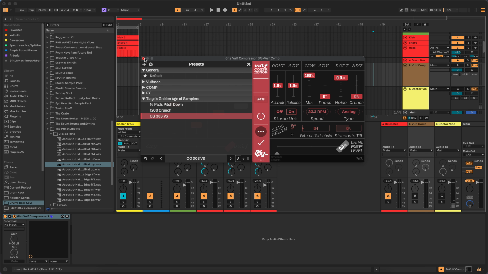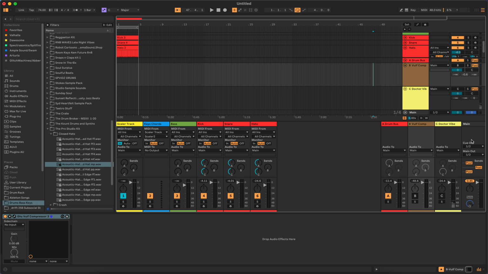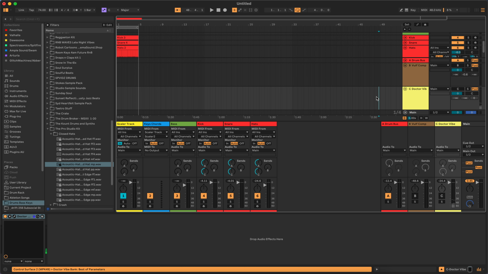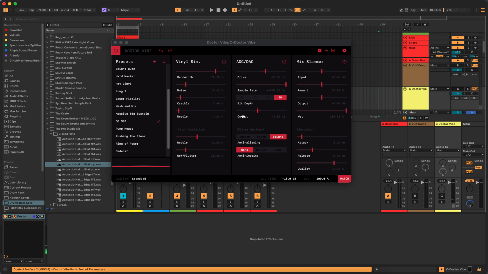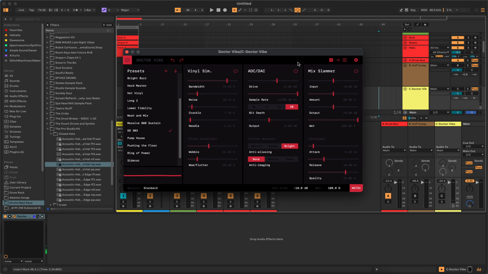So anyway, yeah, the 303. I use the 303 on there. So this is cool. I like this. I've always wanted to have something like the Vulf compressor on iOS, and unless Goodhertz decides to do that, I don't think that's really going to happen. But it's kind of neat that we have this one that has some similarities and the ability to get that 303 sound. Of course, the vinyl sim is nice, but